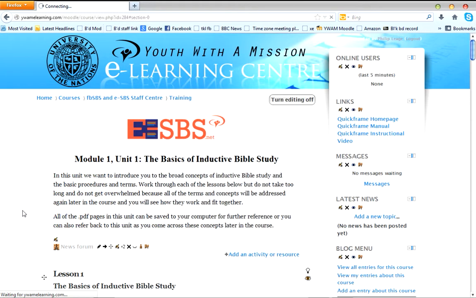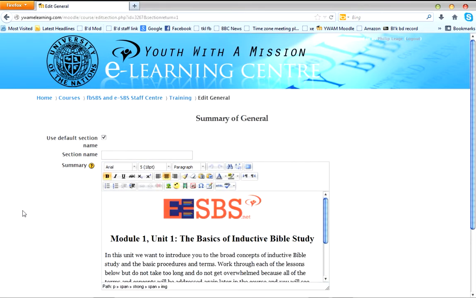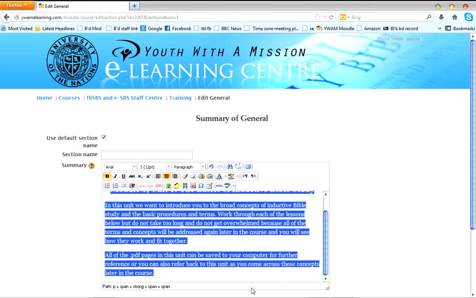Now it may well be you need to have a new logo. Here we have the ESBS logo, but you may have your own, which is a logo that reflects the name of your course in your language. And so the first thing is to get rid of this logo. If you want to keep it, of course, you don't do this step, but you highlight it and then you delete. And then in a very straightforward way, what you're able to do is to delete the English text,